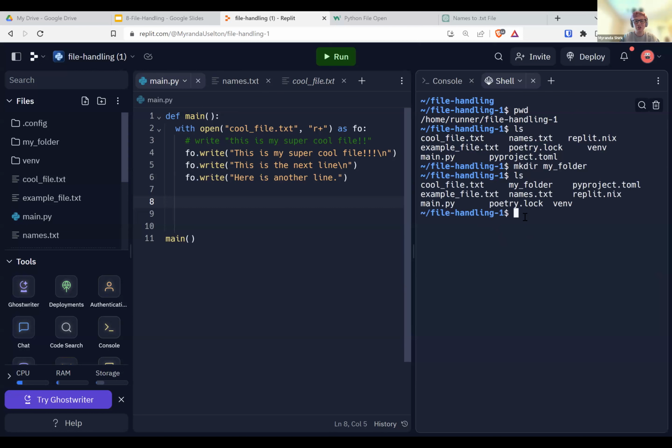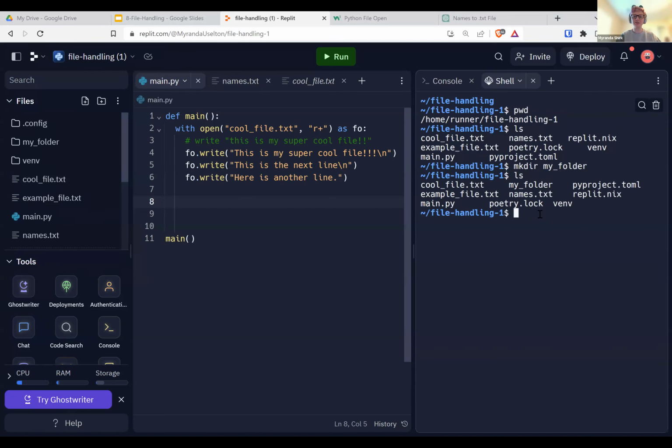So if I want to go into my folder, what do I do? What command? All right, now what command do I do if I want to move to that folder? So that's if you want to move a file into that folder.